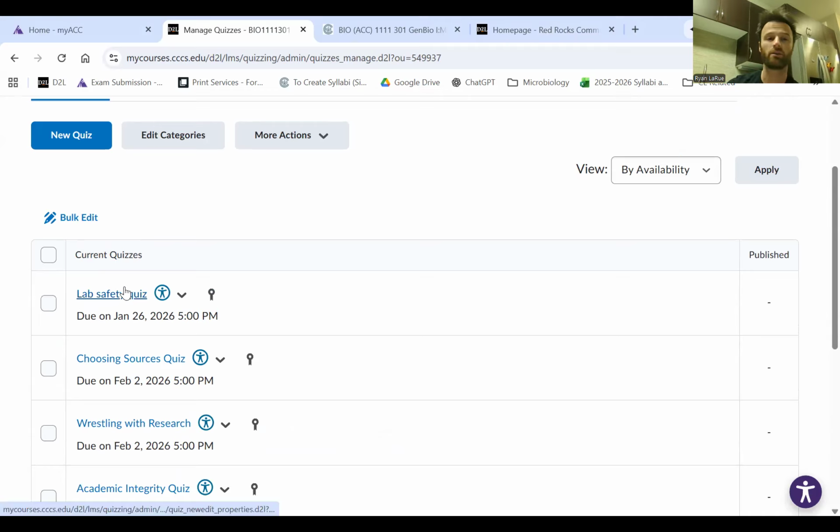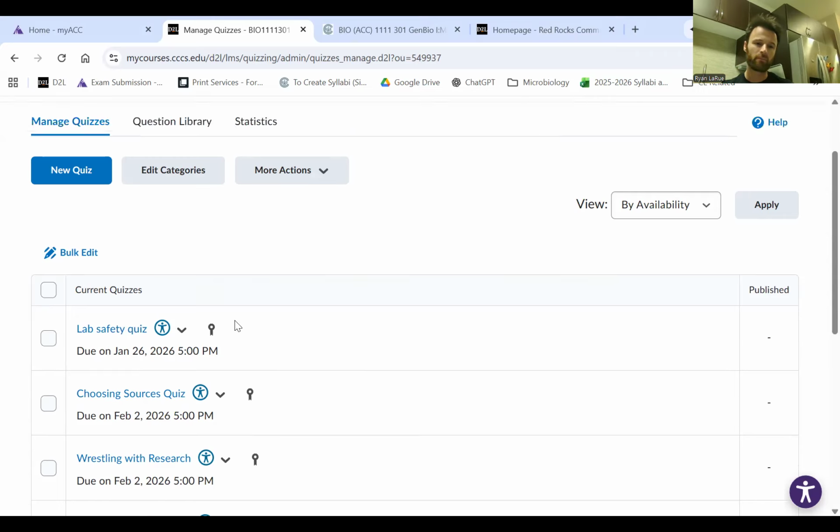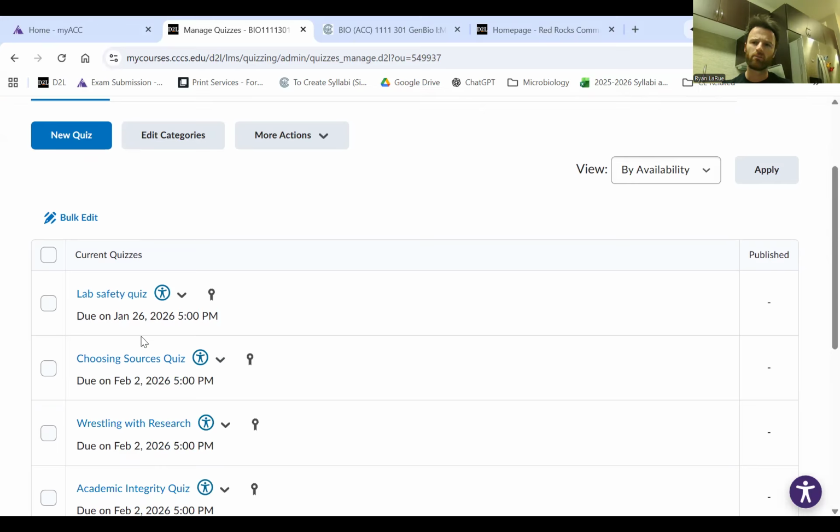But this is where you will take these 4 quizzes. Those 4 quizzes, we kind of get them out of the way in the first couple weeks of the class. The lab safety quiz is the first one, due a week from when we start. So the About Me and the lab safety are really all you want to focus on right now.